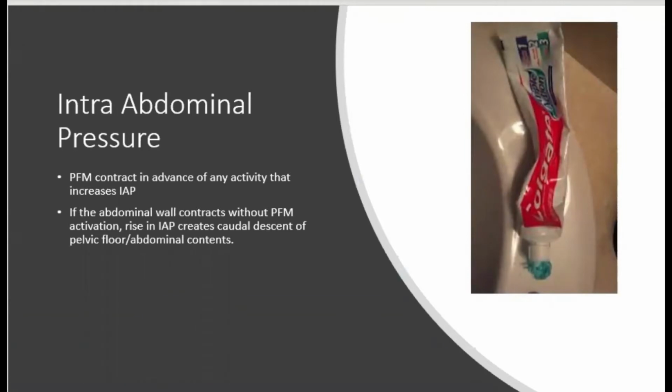Okay, so I like to think here of the tube of toothpaste when we talk about intra-abdominal pressure. When our transverse abdominis squeezes in, that's like us squeezing the tube of toothpaste. And if we don't co-contract, then the toothpaste coming out in the bottom is like a pelvic organ prolapse, right? Or it could be if we sneeze or cough and we pee our pants, or we sneeze or cough and have a bowel movement. So it doesn't have to be as huge as a pelvic organ prolapse and have organs fall out of our